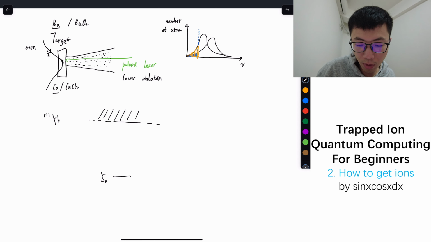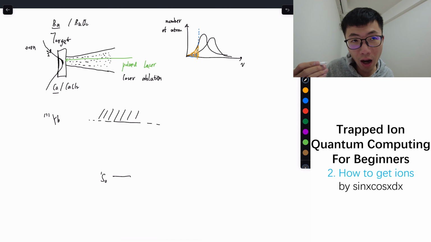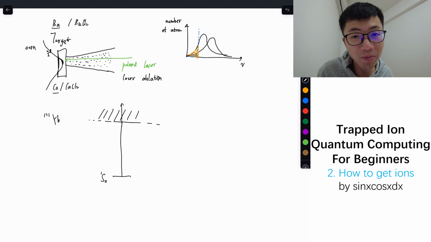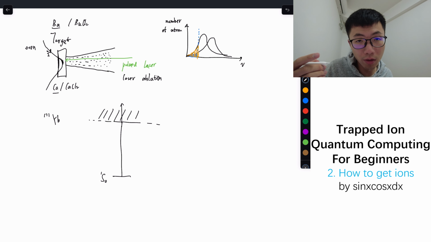ground state is this 1S0. So it has an ionization energy. So if we hit it with a laser like this, with an energy higher than this threshold, it will be an ultraviolet laser, and then it could be ionized. This is a method, but it has one problem. What is the problem? Typically,